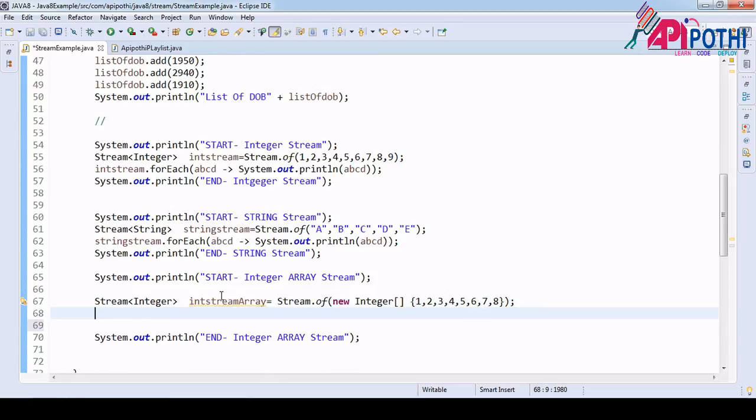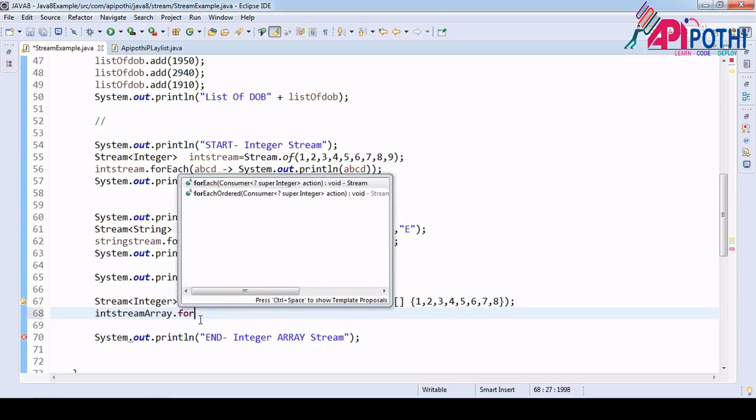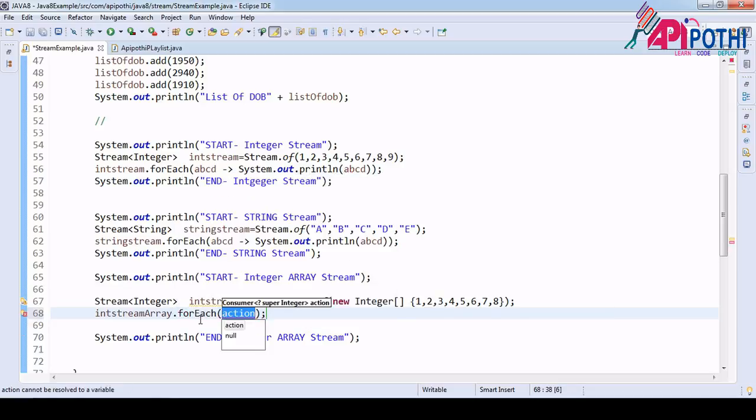Now we have converted this array into the stream, and now our data is inside the stream. So inside the stream we can use a for each loop to print the data. So for each loop again, A, please print me here the same A, and that's all.